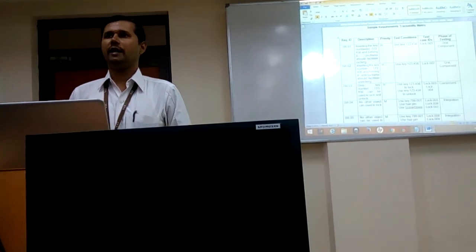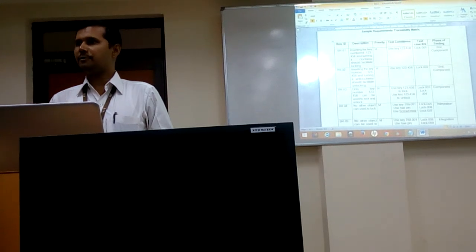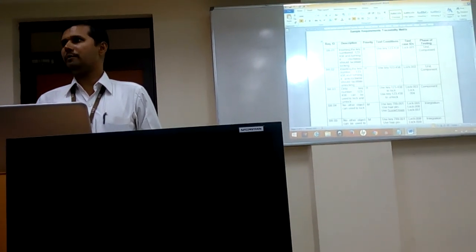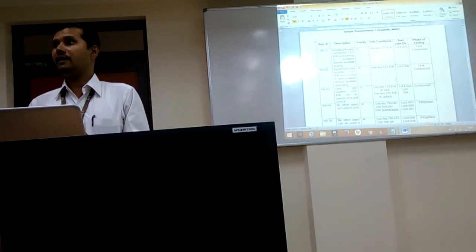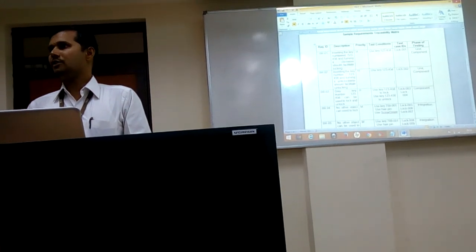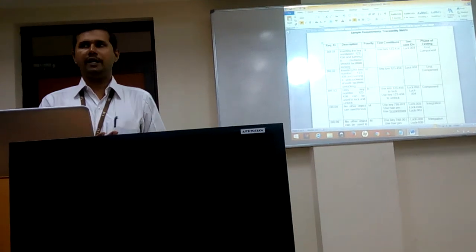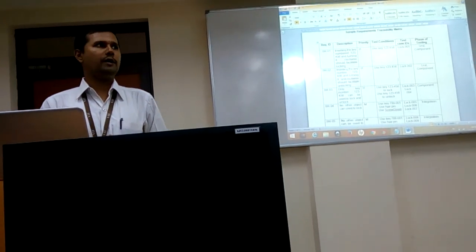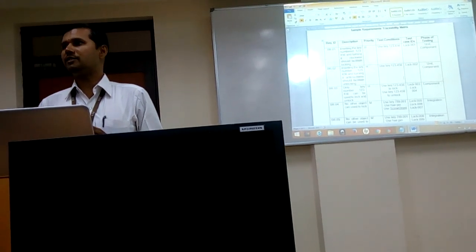So these are all the additional fields. As usual, we are taking the requirement ID from the previous table. Description also we are taking from the previous table. Priority values are also taken from the previous table. And now these are the extra fields that are added by the tester. So here comes the role of the tester. Now as a tester, I will be reading the previous table and I will understand the application. Now I will be writing test scenarios. Test conditions are nothing but test scenarios.